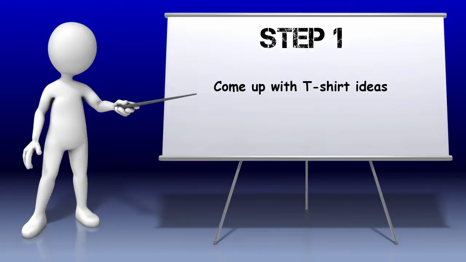Okay, so in this video, you've learned how to do some basic research and come up with t-shirt ideas to test. The action step for this video is go do your research as I've shown you, come up with at least 1, preferably 3 to 5 t-shirt ideas, then go on to the next step. Again, watch all the videos first if you haven't done so, then come back and do these action steps. In the next video, I'm going to show you what to do after you have your t-shirt ideas.